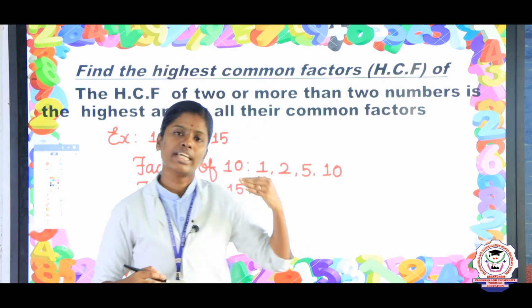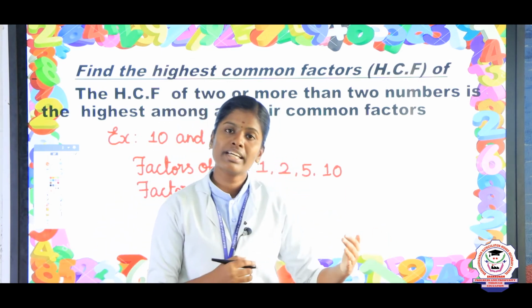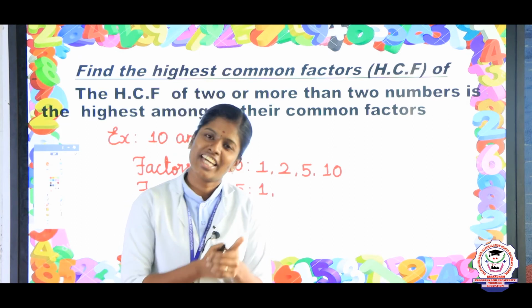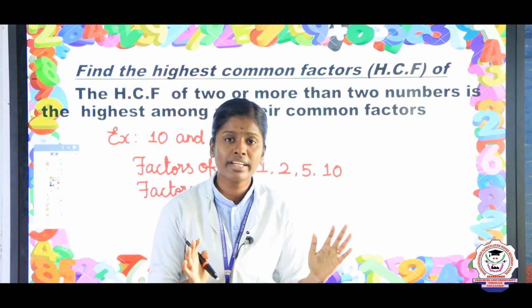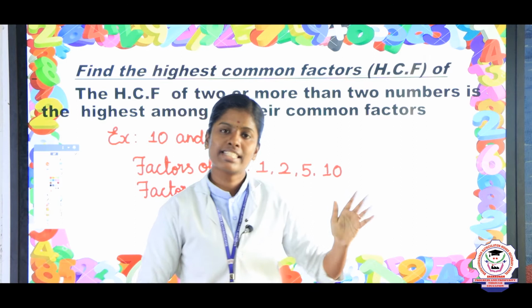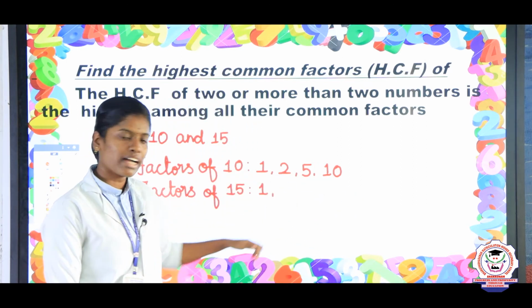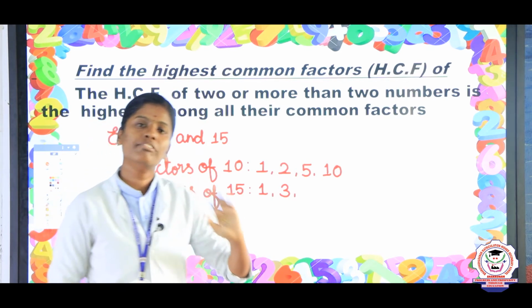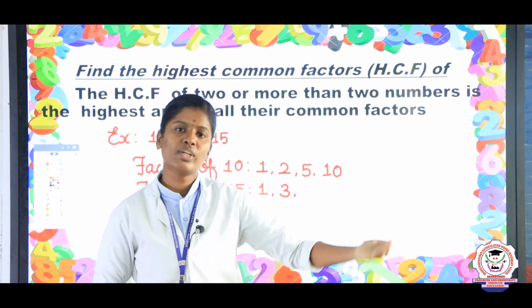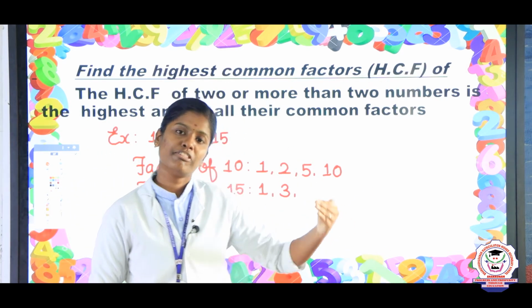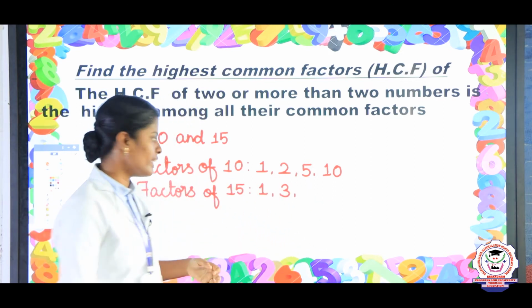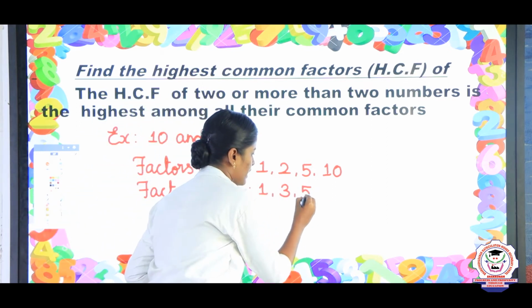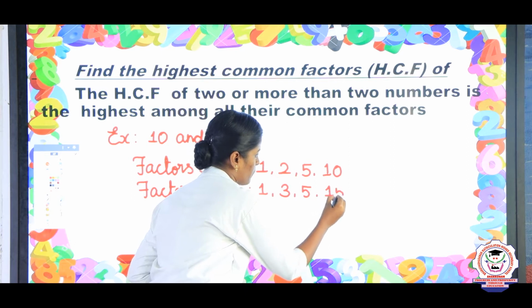Next we are going to check the 3 table. Now tell me Kiran, 3 table of 15? Yes, very good. 3 5s are 15. So the next factor is 3, and then 4 table 15 is not possible. Next we are going to take the 5 table. 5 table 15 totally 3 times. So write the factors 5 and finally 15.